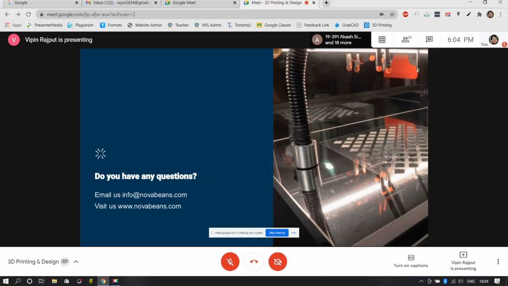Sir, can you print complicated mechanisms like guns and all? Okay, so this is actually a hypothetical statement. We are not supposed to print guns over these machines. There may be certain clauses which are responsible. But yes, if you ask me whether that can be printed or not, yes, it can be printed. But if you try to print it, certain legal actions can be taken against you. So it's not advised to do all this. But yes, the machine has the potential to do so.